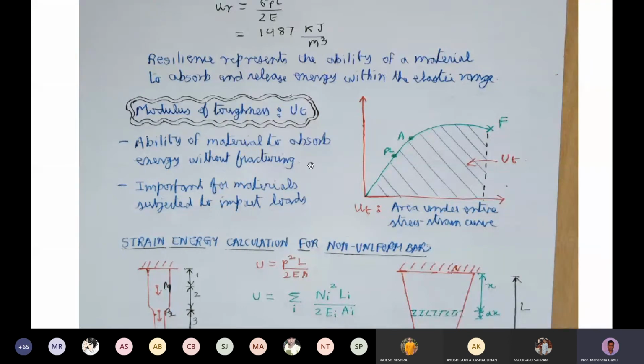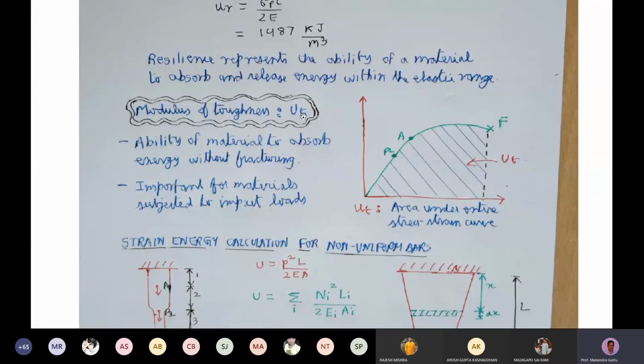So this is the stress strain curve. I didn't show the labels sigma and epsilon. Here we have the proportional limit, and then the elastic limit, and then the load keeps increasing, there is large ductility happening, and the material finally fails at this point. The entire area under the stress strain curve is called the modulus of toughness. It is a strain energy density term, but since it takes the entire area, it is given as the modulus of toughness.